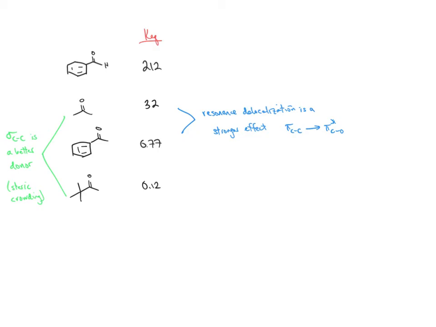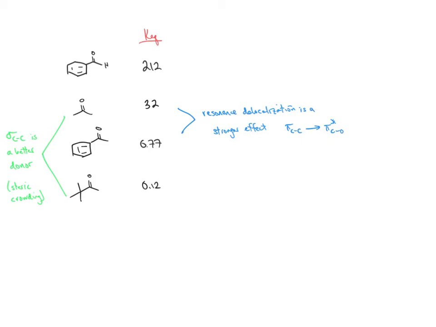overlap as much, and so if you're comparing benzaldehyde to acetophenone, the resonance cancels out, and so now we're left with a CH, which cannot participate in sigma donation, versus a CH3, which can, and of course CH3 is going to increase that LUMO, and so of course aldehydes are more reactive than ketones. Okay, so that's the